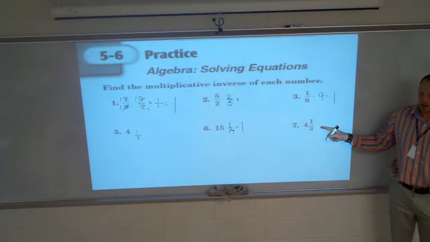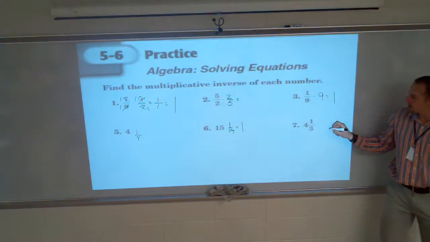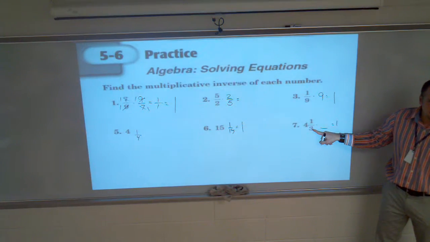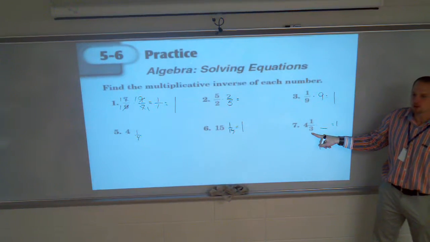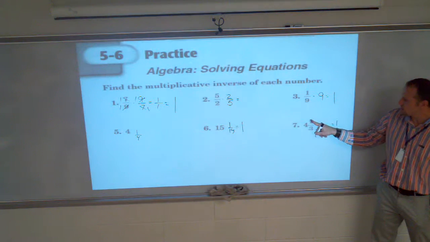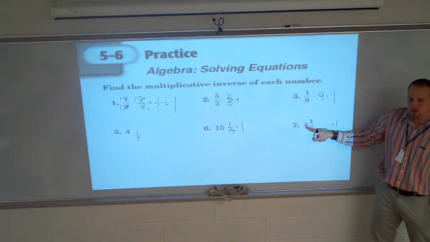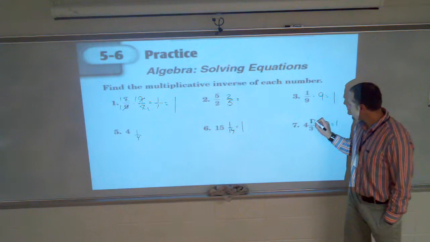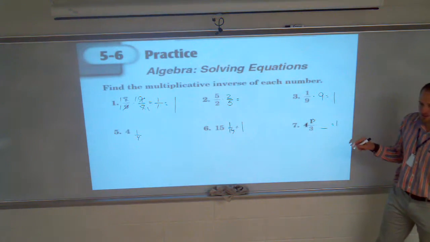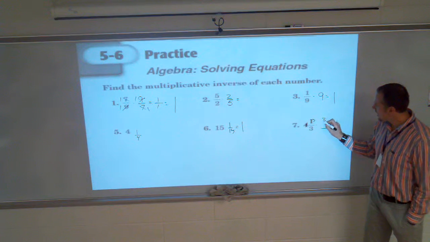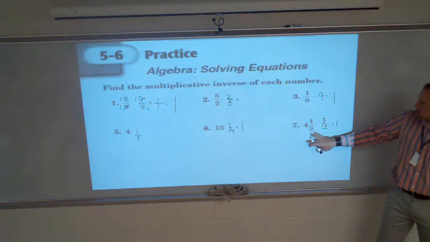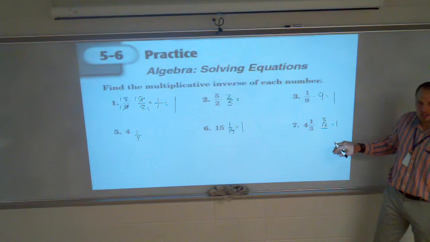Now, this one over here. 4 1/3 times what is 1? We need to find the inverse of this. So, Adam, first thing we have to do, change this to an improper fraction. 4 times 3 is 12, plus 1 is 13. So this is 13/3. Linda, what's the multiplicative inverse of that? 3/13. So Colin, 4 1/3 times 3/13 is,